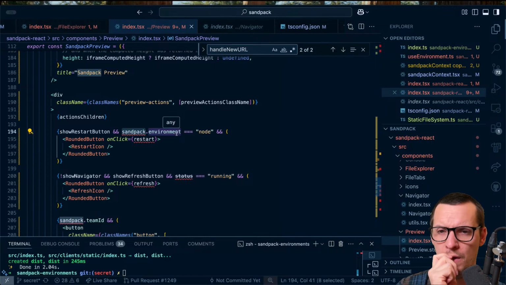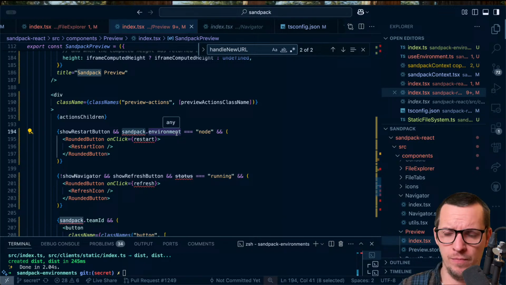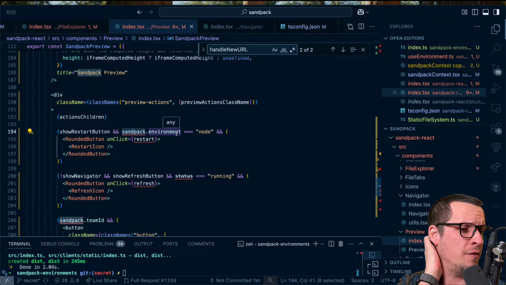So one hook I want to introduce is just use options, so that these components have access to the options passed into Sandpack. So instead of checking Sandpack environment, it would actually check templates.environment. But this is where it gets tricky, and this is where we're gonna do a lot of rounds of